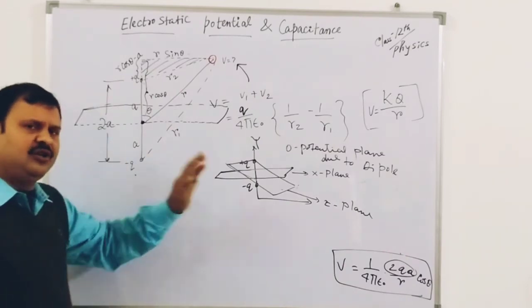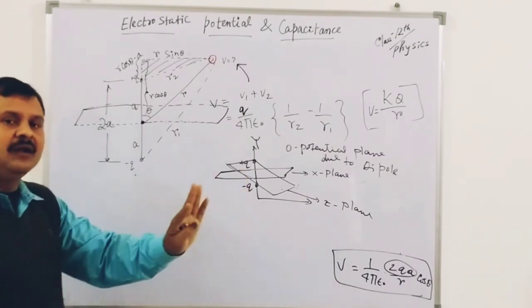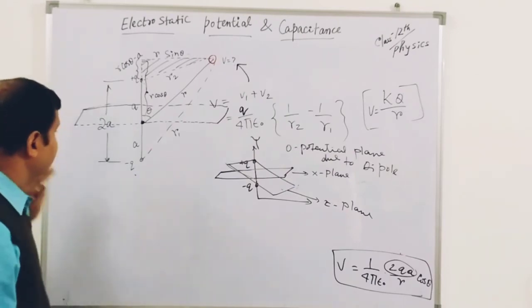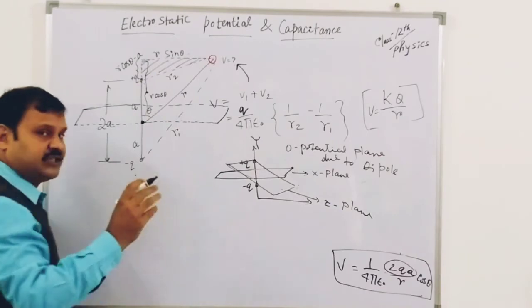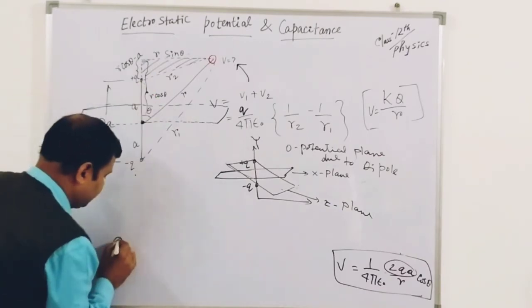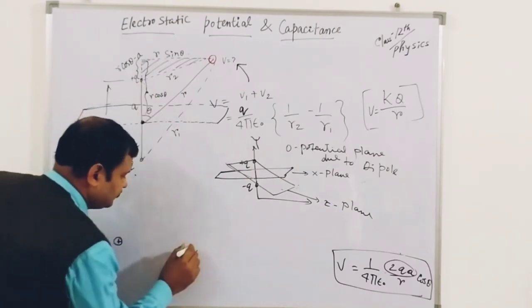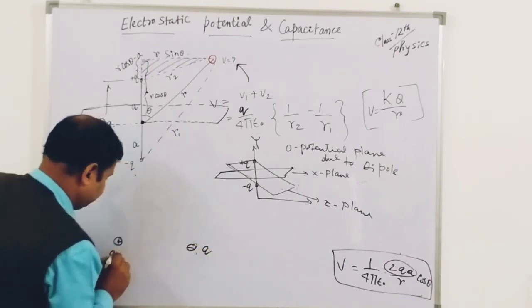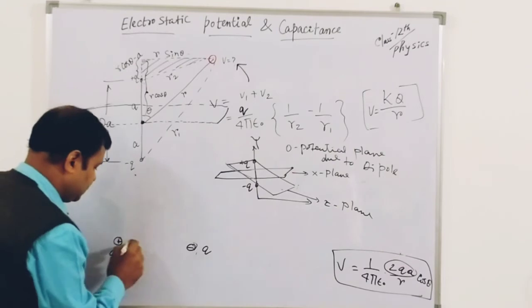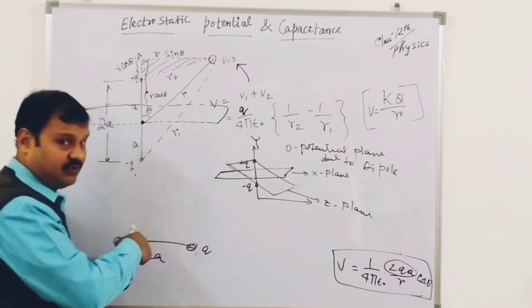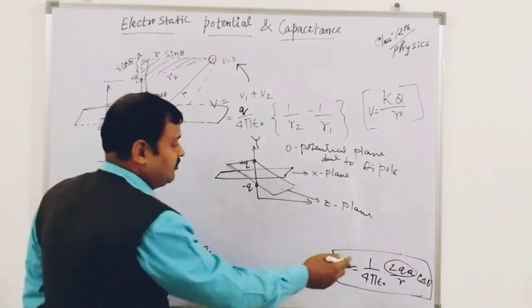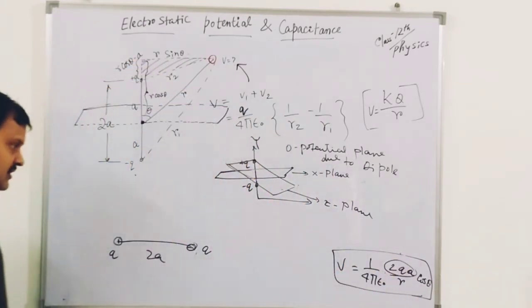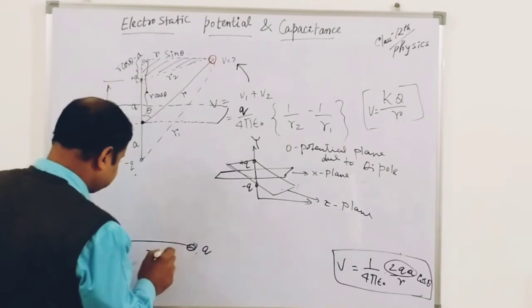Same thing. Only, we will not consider 2qa as the dipole moment, because it is not a dipole moment in this case. We consider only one system of charges, having plus q and minus q, the same and equal charge, at a certain distance of 2a, suppose. Here we can say 2a. If it is not 2a, you can consider r. Then you will replace the charge similarly.